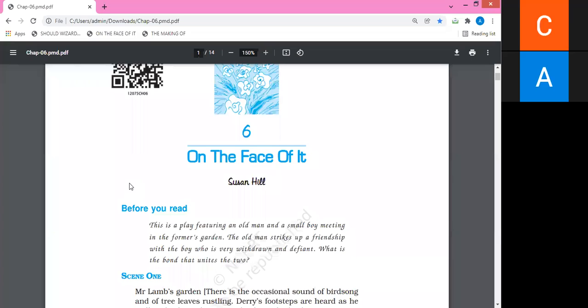Very clear up to this particular point, there is no doubt in that. I think it is very clear, my view of the story. And if we look at this particular play, we will find Mr. Lamb giving guidelines to that small guy to accept that nobody can change it.